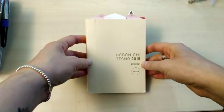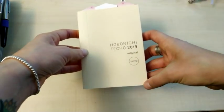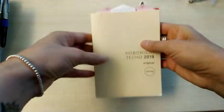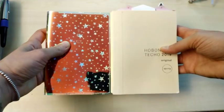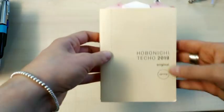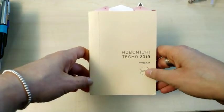my Hobonichi Original 2019 spring version. So this is the Japanese version of the A6 planner. So this was the English version, which I had great success with, and the original is kind of funny with